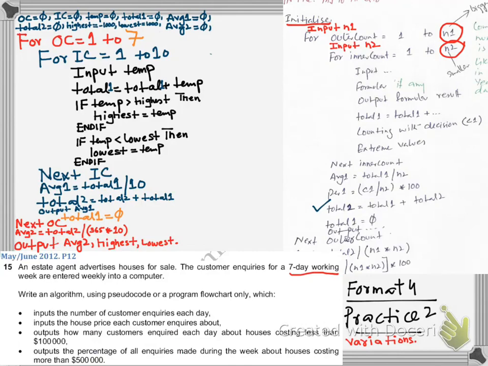Now, the algorithm says that input the number of customer inquiries each day. So it simply means that we need to identify this n2, sorry, n2. All right. So what we need to do, we have to input. So what change we do in our pseudocode, that is basically